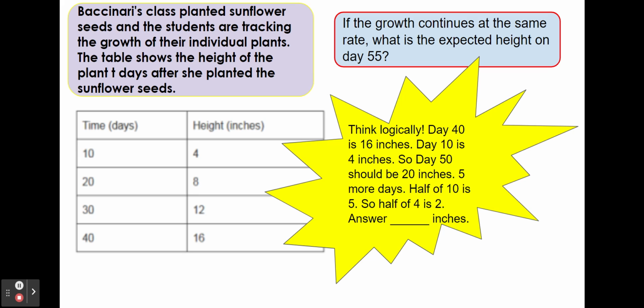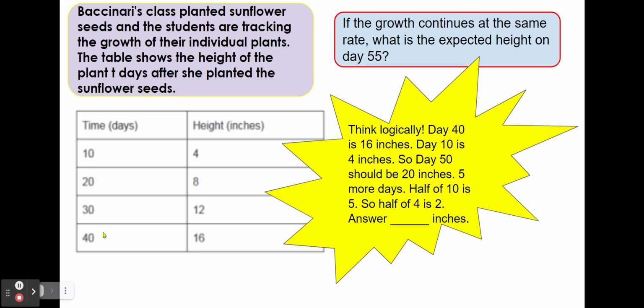Falconeri's class planted sunflower seeds, and the students are tracking the growth of their individual plants. The table shows the height of the plant T days after she planted the sunflower seeds. If the growth continues at the same rate, what is the expected height on day 55? Think logically. It shows you time in days, 10, 20, 30, and 40. You need day 55. If day 40 is 16 inches, day 10 is 4 inches, so day 50 would be